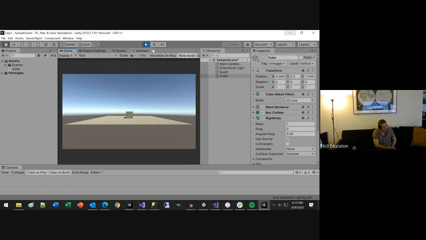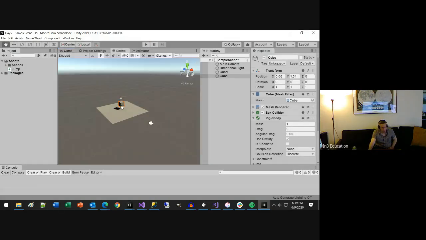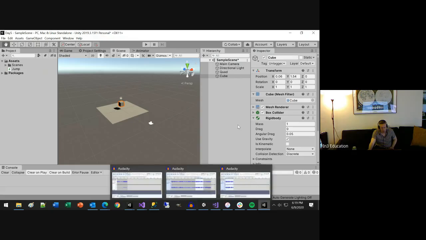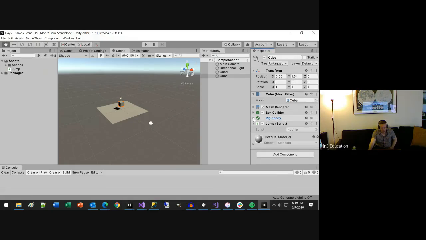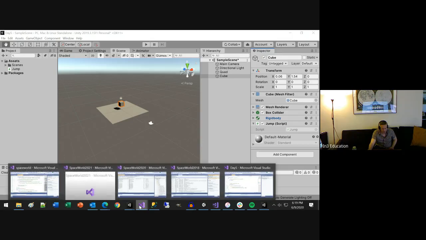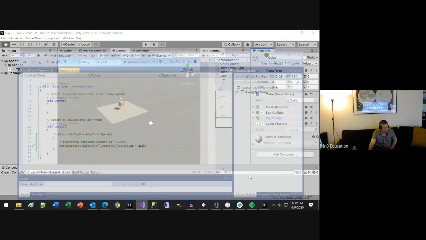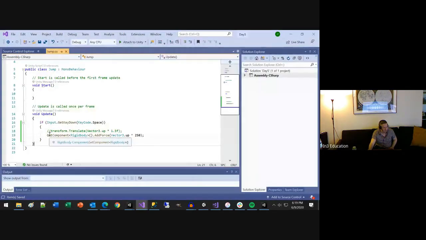Let's go ahead and add a variable called isGrounded to our jump script. And the function that we're going to be using to set our isGrounded is OnCollision. If you guys recall, we did OnCollision stuff last week or maybe even the week before, but it's one of the